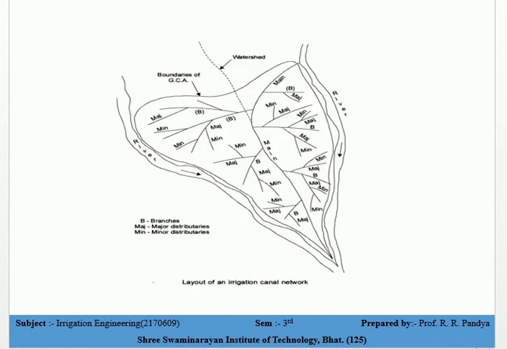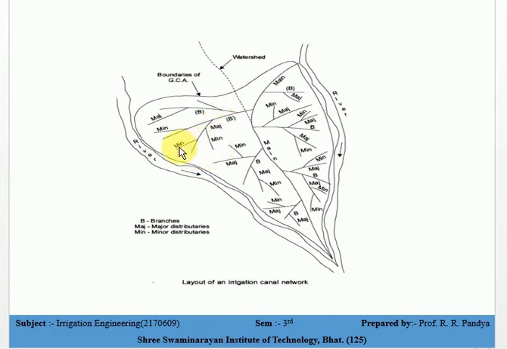See the figure, this is the layout of an irrigation canal. It's a schematic layout. So this is the whole cultivation region. You can see this cultivation region is covered by the river. Obviously it's a more economical system, right? This is the main canal, which is directly connected to the river. This main canal has major distributaries 1, 2, 3, 4 and 5. These major distributaries are connected with other minor distributaries like this. These are the minor distributaries.